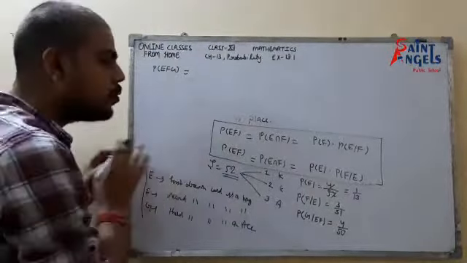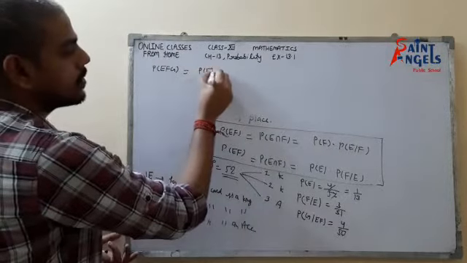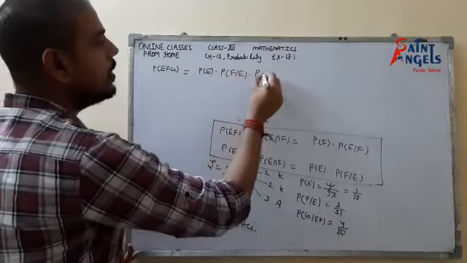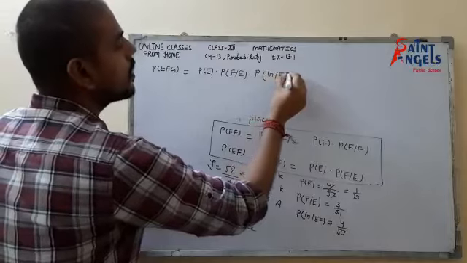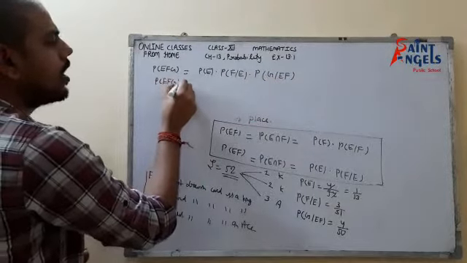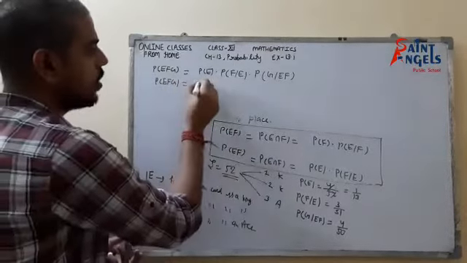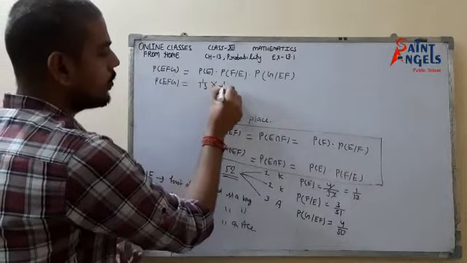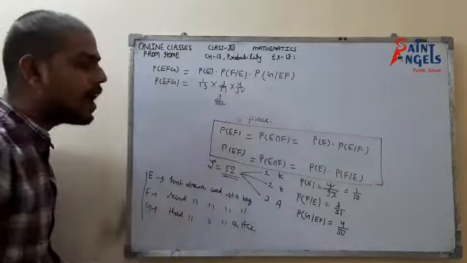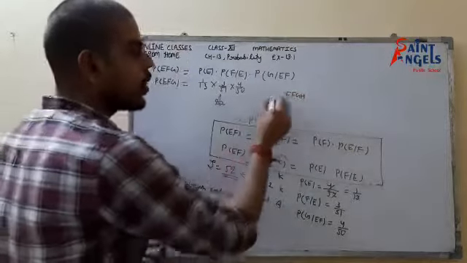What we have to do? We have to multiply all the probabilities. What probabilities do we have? P(E) dot P(F/E) dot P(G/E∩F). And for these questions, I need not remember the formula. Go step by step, you will get the formula. Now put all the values. So that is 1 by 13 into 3 by 51 into 4 by 50. That is our answer.